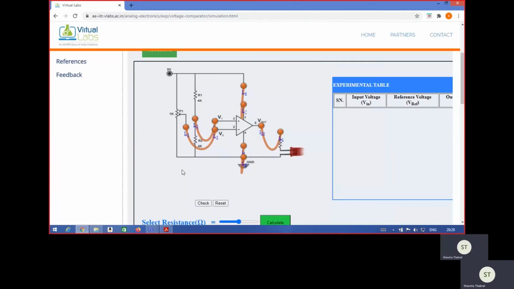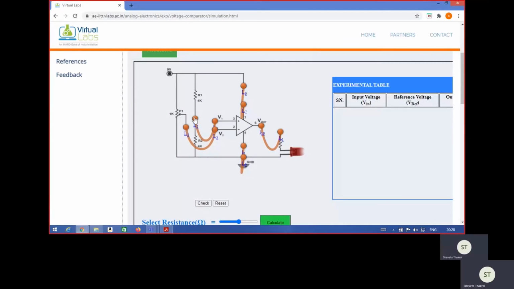We have discussed that at pin number 3, the non-inverting input terminal, we apply the reference voltage. The reference voltage is taken through this potential divider network that consists of this VCC supply of 9 volt, and the potential is divided across the resistive network constructed through R1 and R2. We can see here R1 is 4 kilo ohm and R2 is also 4 kilo ohm. So if we measure the voltage at this point, how much voltage will appear?